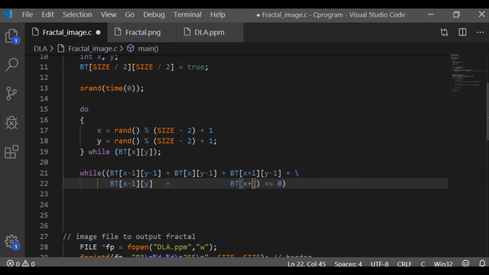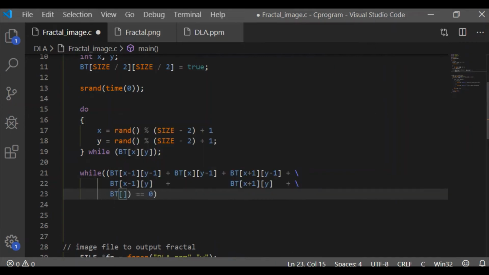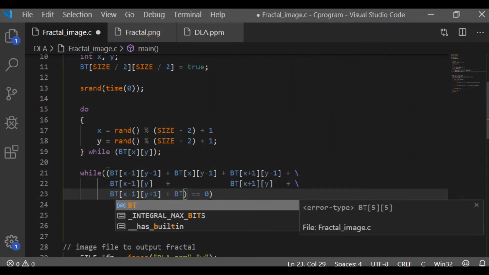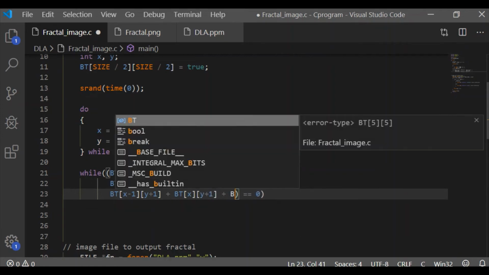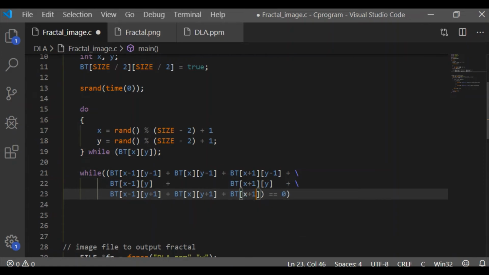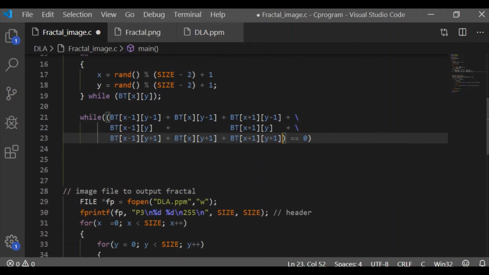The center is the one where the current x, y sits, and similarly 3 pixel positions are neighbors which are below the current row, that is the y plus 1 row: x minus 1 on the left side, x one below the current position, and x plus 1 on the right side of the row below the current row. If the sum of these 8 positions results in 0, it means that there is no neighboring particle or seed